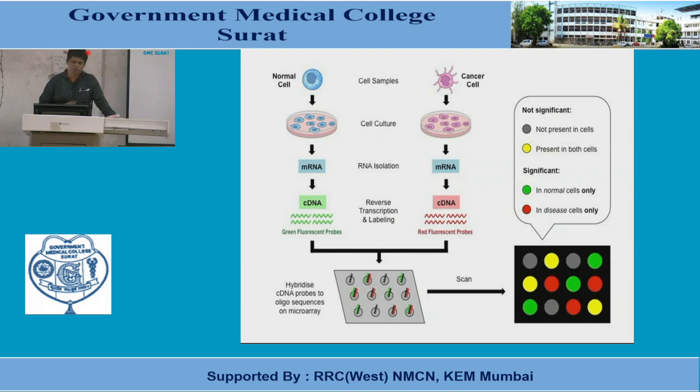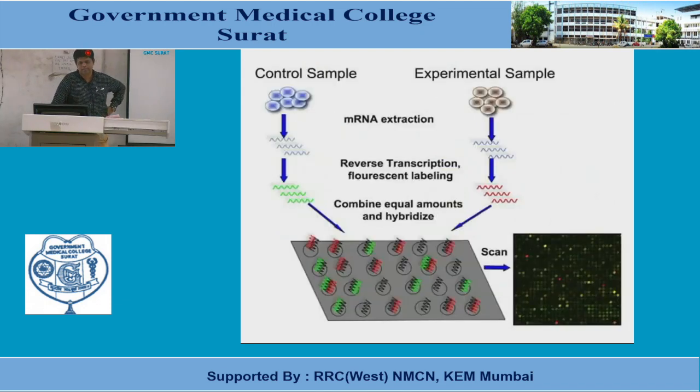But when we do therapy, and we want to know the progression and whether the therapy is effective or not, then when we repeat it, the red spots will decrease and the green spots will increase. Then there is an effective therapy. Thus the microarray helps in identification, and equally in prognosis. This is the same thing, the control sample and the experimental sample. For the control sample, there is a green one. From the experimental or cancer tissue, there is a red one. And from that, on a microarray plate, we will get the different colors.